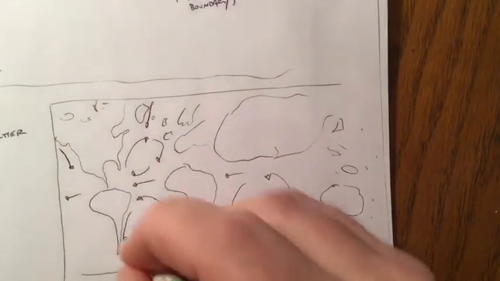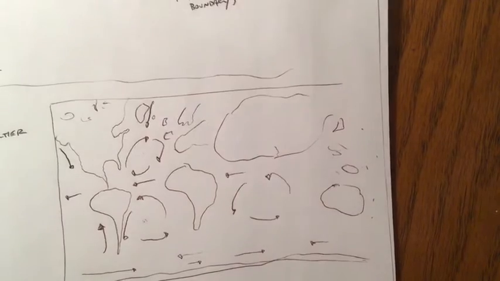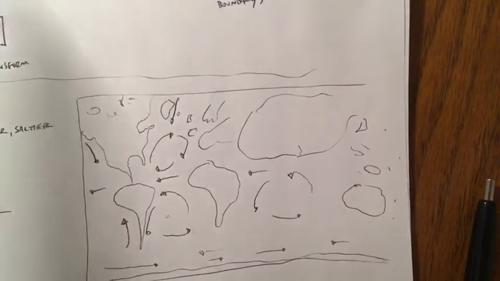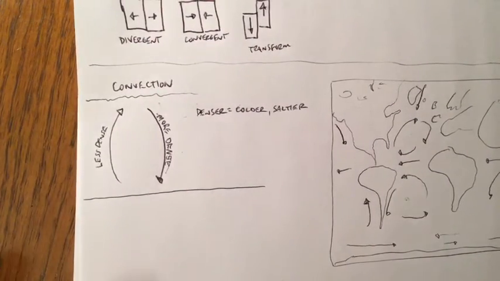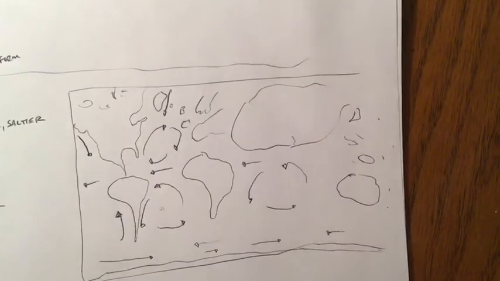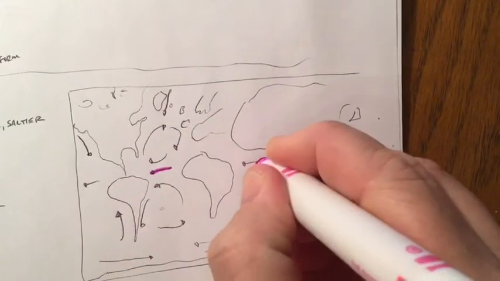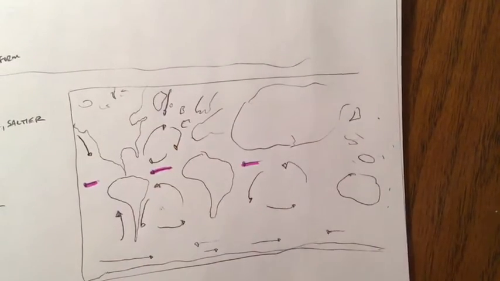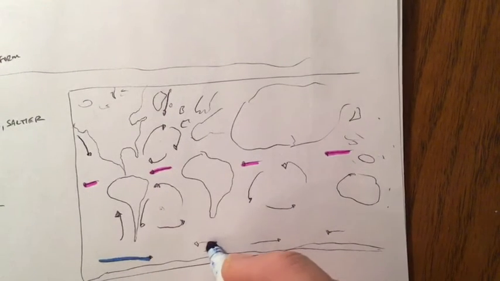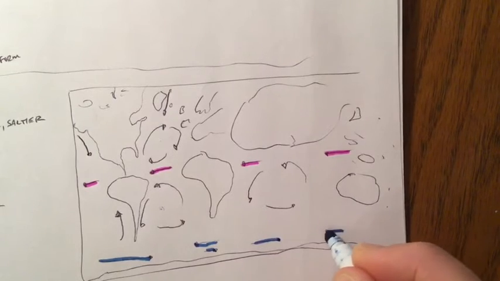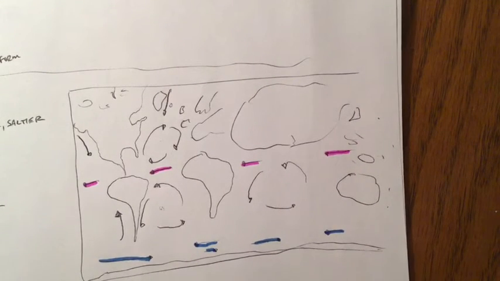And so, probably the most important thing to know about these ocean currents is that there are warm ones and there are cold ones. Well, after you memorize the fact that they're started by convection and density differences, then you need to know there are warm ones and there are cold ones. So based on what we know about the distribution of heat on planet Earth, the stuff at the equator is probably going to be warm. And the stuff that's closer to the North Pole and the South Pole is generally going to be colder. But then you have these currents that are moving either toward the equator or away from the equator,